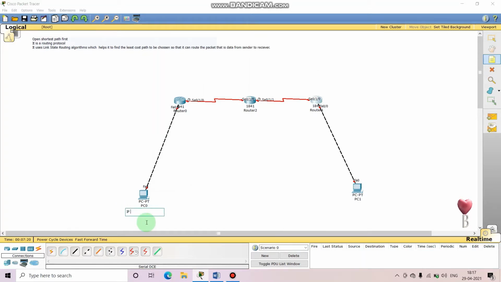The IP address I'll use here is 10.0.0.2, and the default gateway, the address we are going to configure here as the default gateway for this PC from where it will go out, I'll be using 10.0.0.1. Okay, this gateway usually has one at the end.